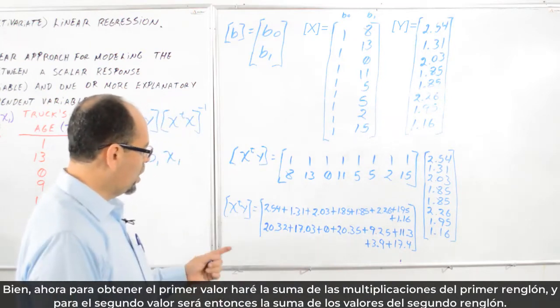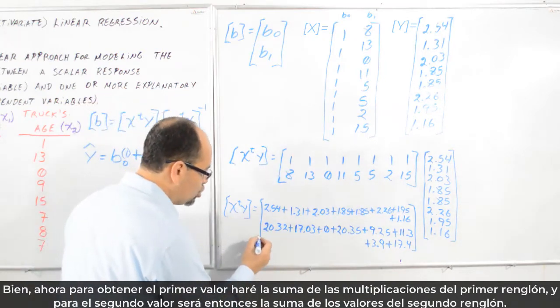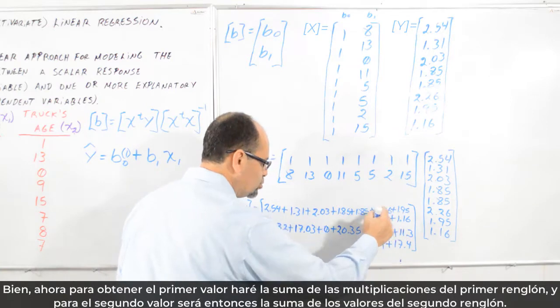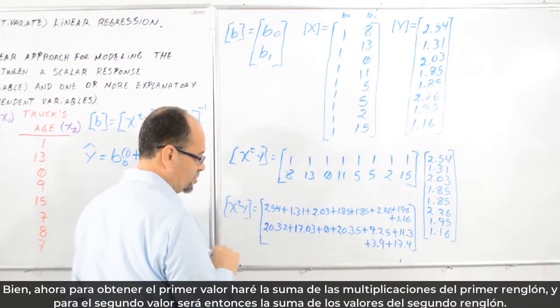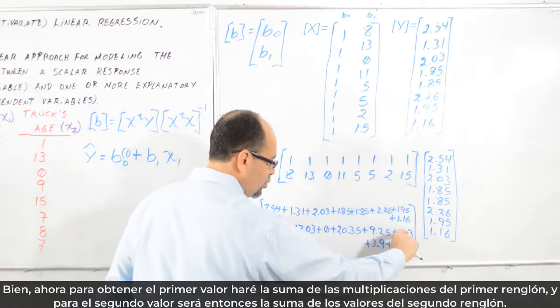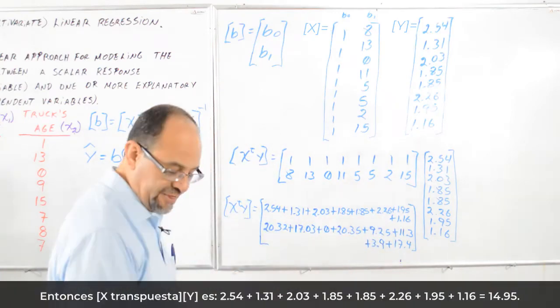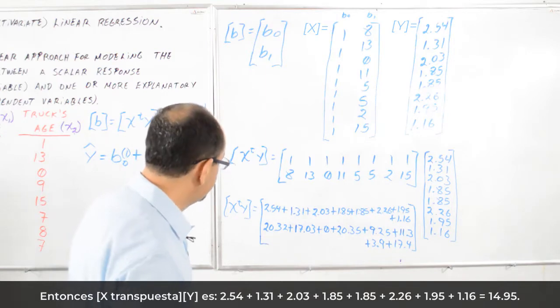Okay, now I will be doing the sum of all these values for the first number, and the sum of those values for the second one. Then it will be